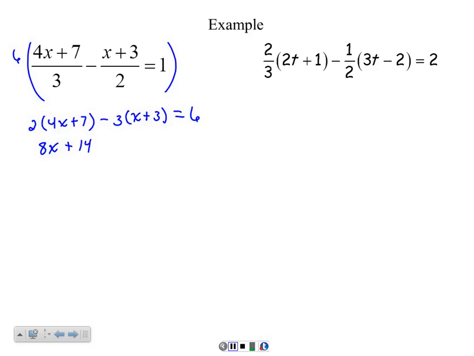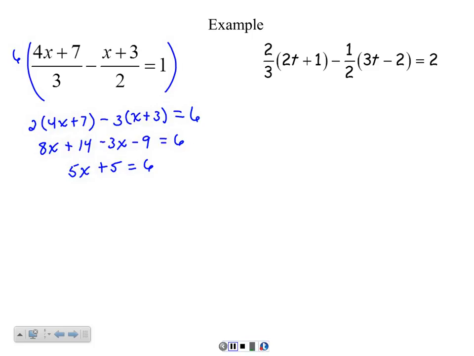And then negative 3 times x is going to be negative 3x, and negative 3 times 3 is going to be negative 9 is equal to 6. On the left hand side we need to combine like terms, not add the opposite, because we're on the same side. So 8x minus 3x is going to be 5x, and 14 minus 9 is going to be positive 5